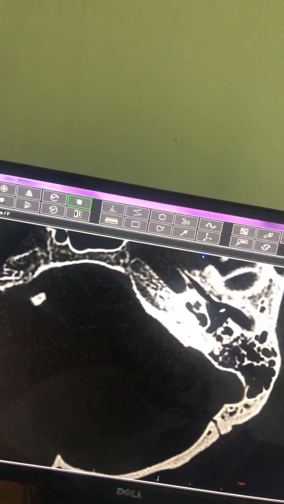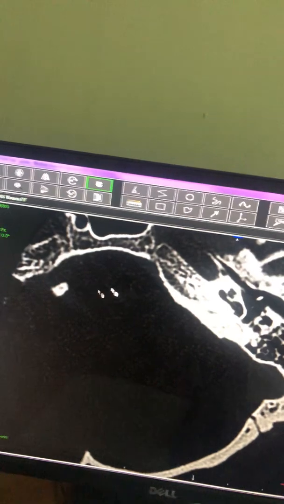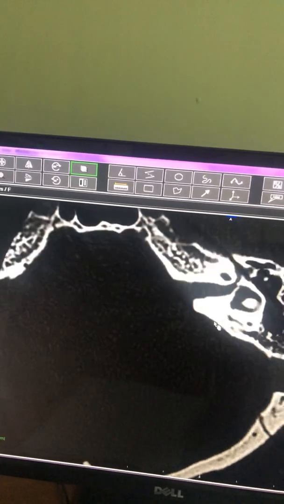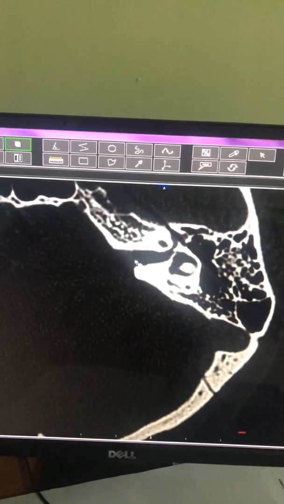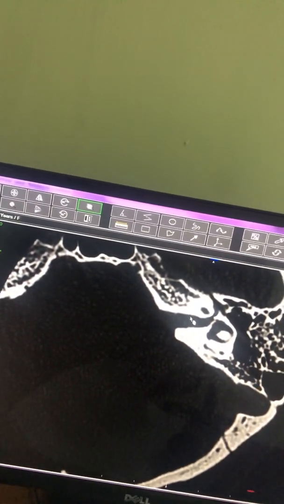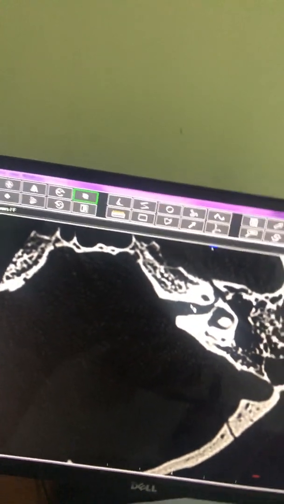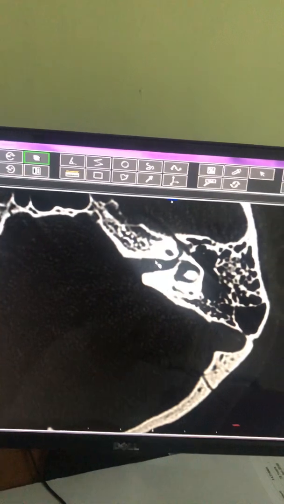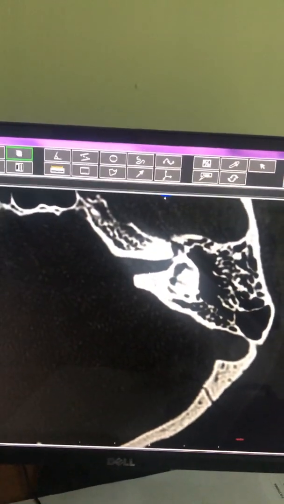Then you will have to see about internal auditory canal. Internal auditory canal is easier. You can see this is the internal auditory canal, which carries the 7th and 8th nerves. And vestibular aqueduct we have dealt earlier. And the additional information you have to see will be that of facial nerve, which is easier to start from here. So facial nerve,